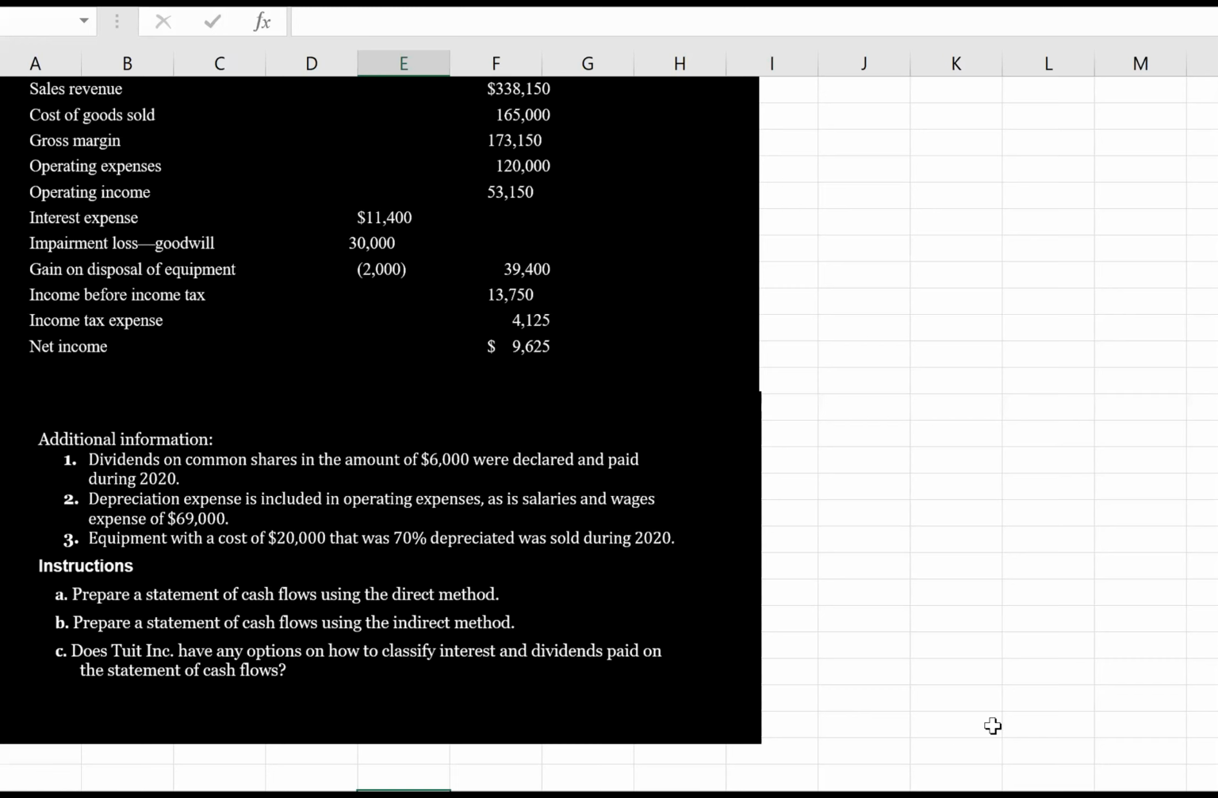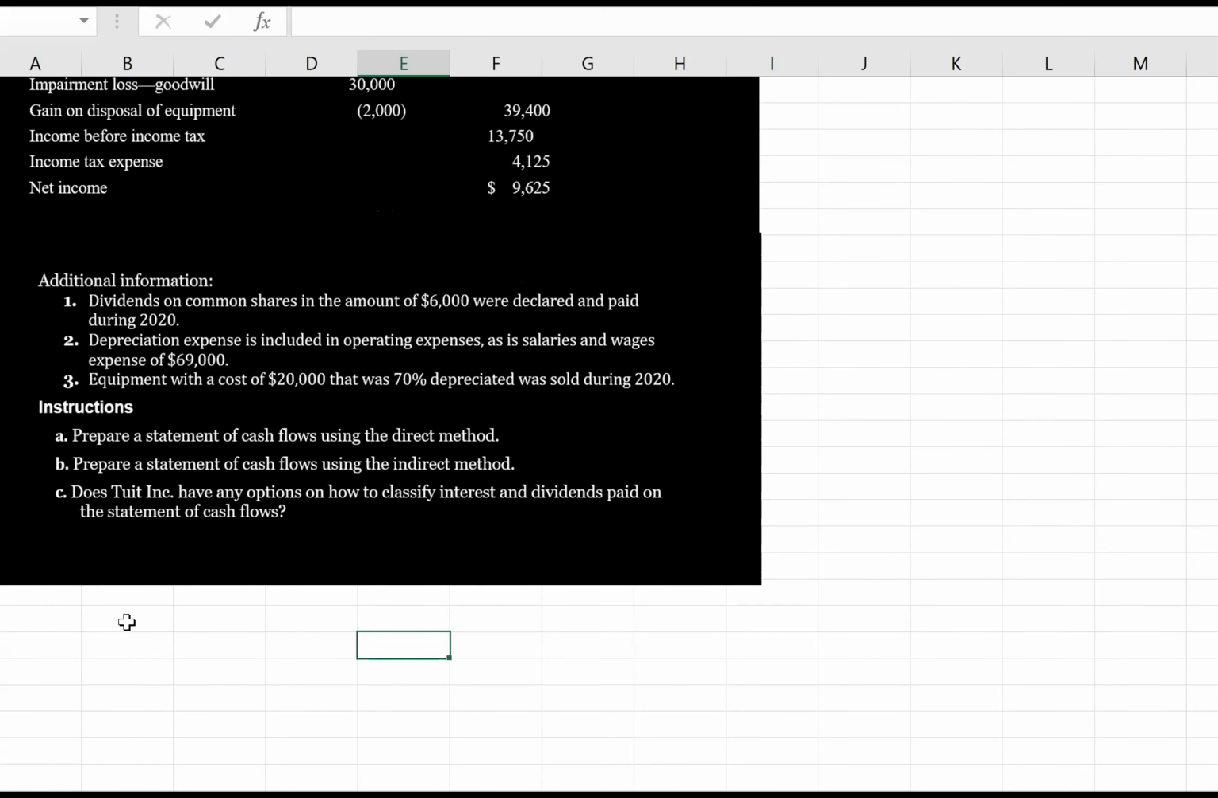So we're going to start with the direct method. So let's set up our cash flow statement here. Jewett Inc. statement of cash flows, for the year ended December 31st, 2020. Okay, so we know that under the direct method, we're going to be looking for the direct changes